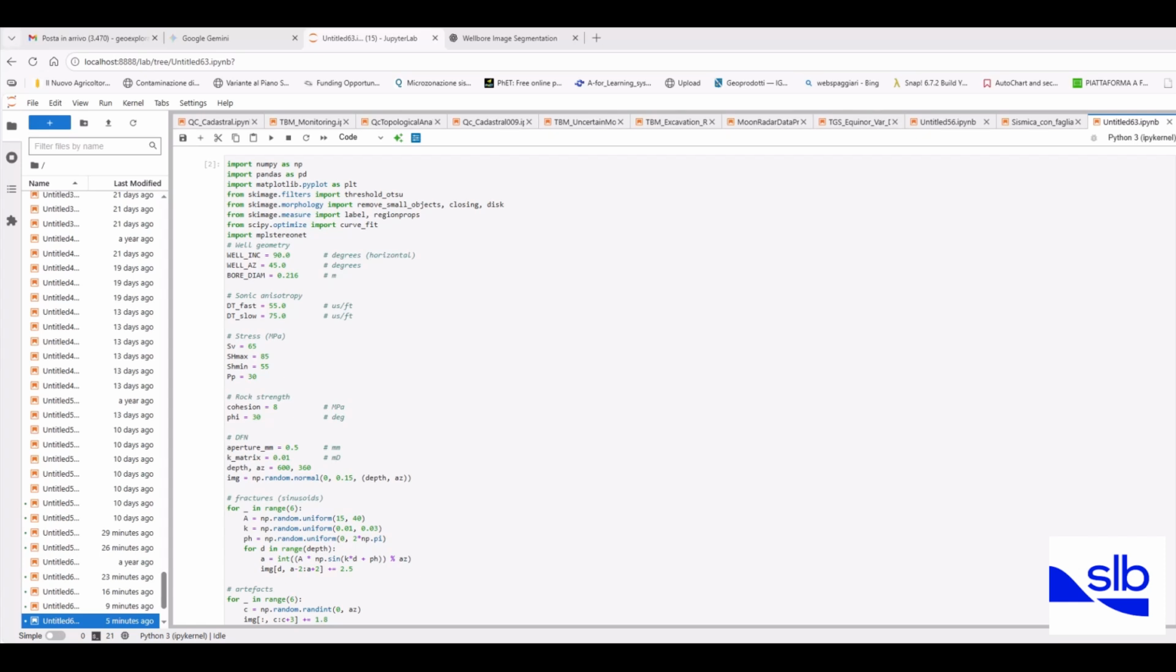WellBoreImage. In this case we are trying to implement this code, and it's clear we have different types of situations: horizontal wells, vertical wells, deviated wells. So this is a complex project for automated deep learning and machine learning, in this case to process data for WellBoreImage, for WellBoreImage segmentation and extract